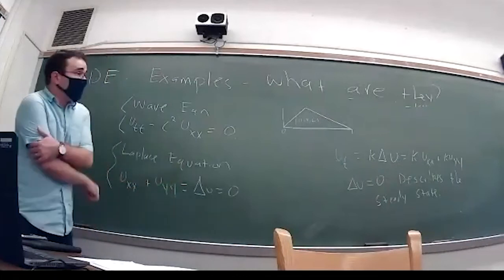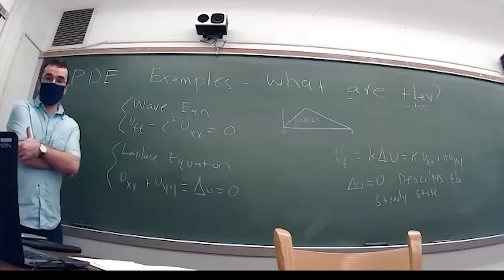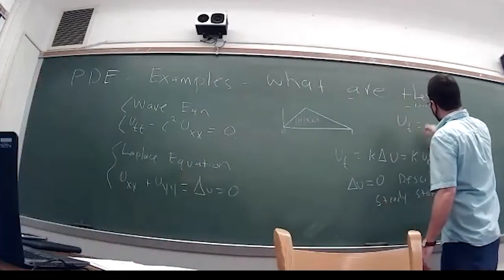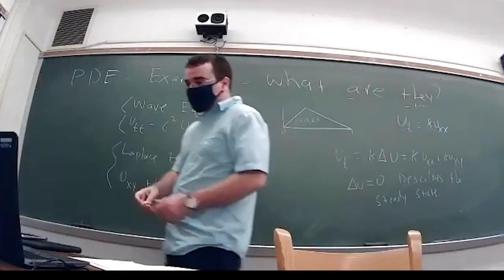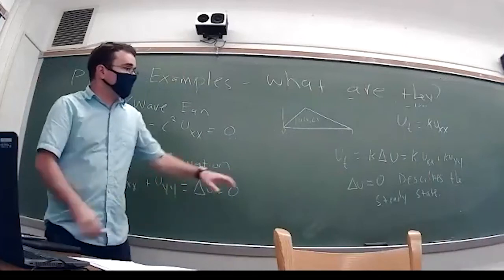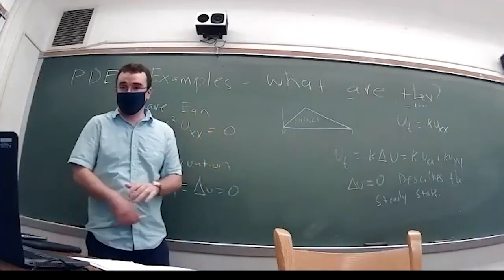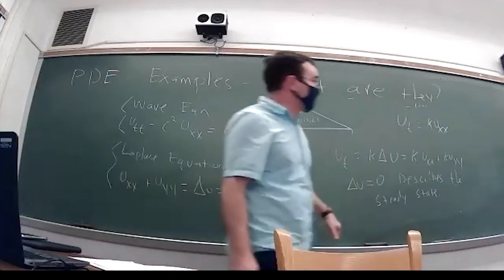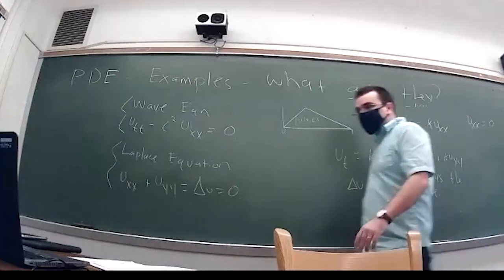And maybe I can prove that to you later on in the course, but if you just believe me that I said this, which you don't have to, but we can return to it, if you then try to find the steady state by solving that equation,